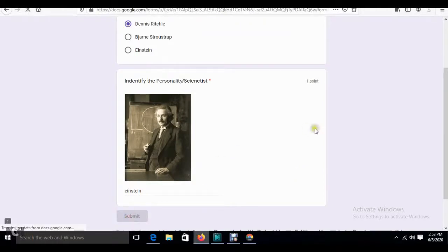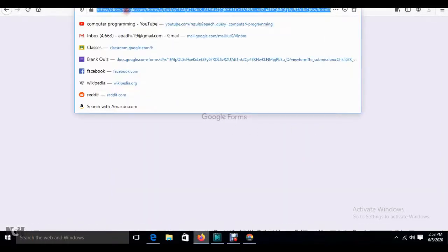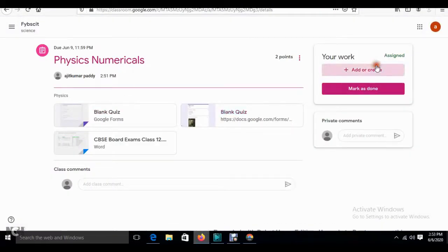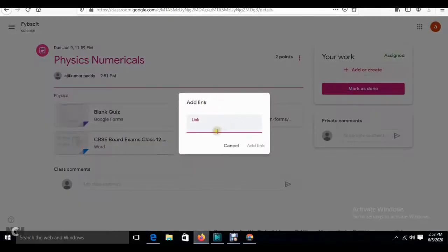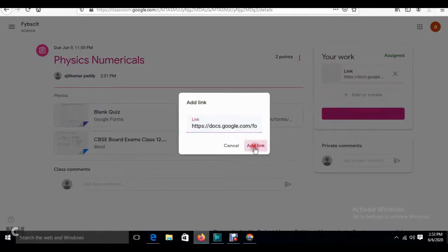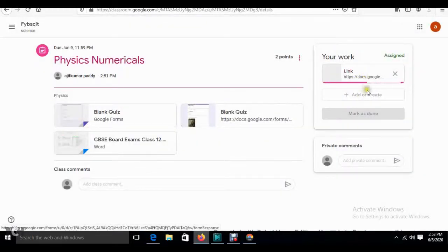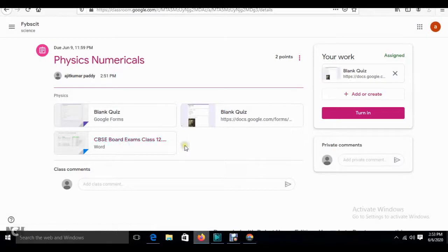Now you will copy paste this link and go to add, because you need to submit the answer, right? Or, if you have these Word documents or questions, you need to answer in another file or a notebook file. You will write it and take a picture of it, or write in an MS Word document on the computer and load this file.